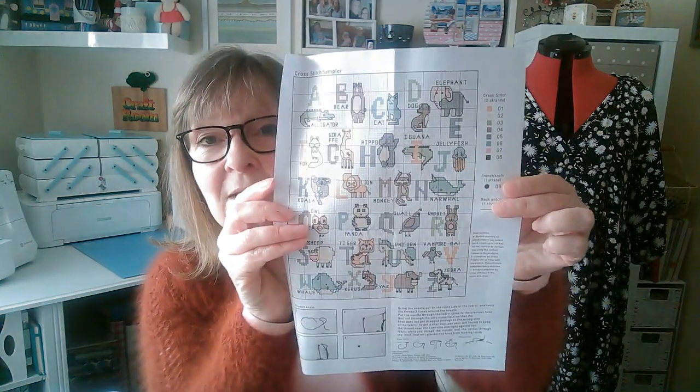Back to the future. So this month I looked back on my previous April months, because although this is my March episode, my Back to the Future project's going to be for April, and I am going to do the Crafty Things cross stitch sampler from last April that I did start, and it is a pattern that I picked up a kit from Home Bargains, and it was all the animals,